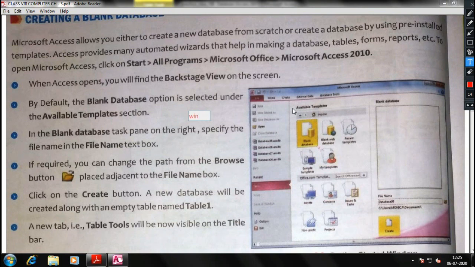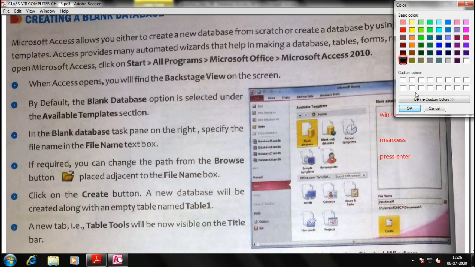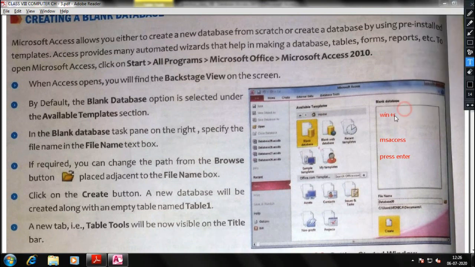Windows plus R, then you write MS Access, then press enter. Okay, so this is the step. Let me make it black color so that it is readable.